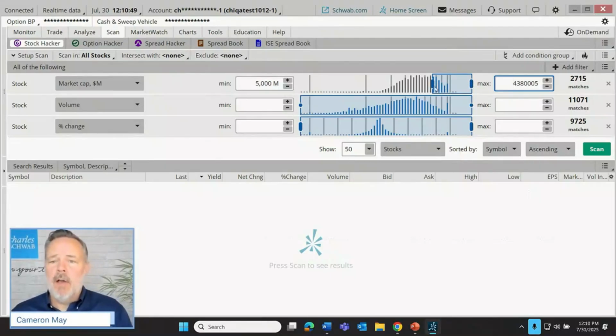And as we do, you'll also see this histogram has this blue window on it. And what that's doing for us is giving us a visual idea of how many stocks meet our criteria and how many do not. So the highlighted blue area is telling us, just eyeballing this, looks like maybe a third, maybe a quarter of companies. We know that from the numbers. 2,700 is just about exactly a quarter of all the companies out there. But we can see that visually here, and we can also manipulate the upper range and the lower range by moving our window within that histogram.